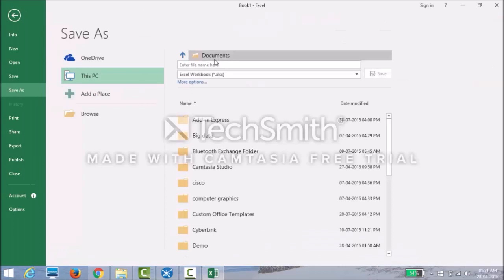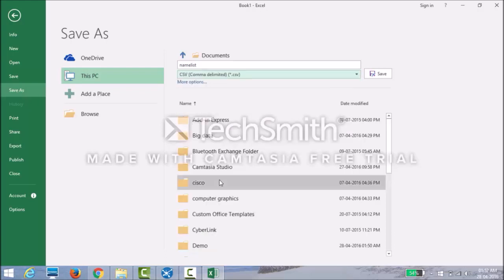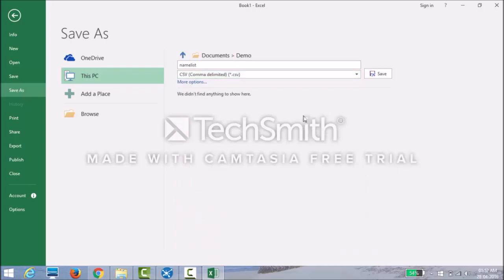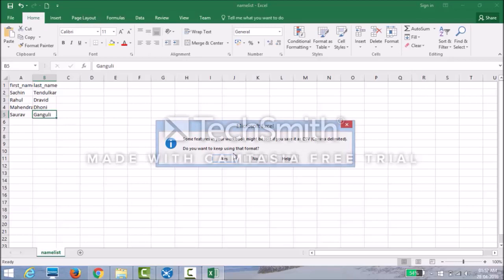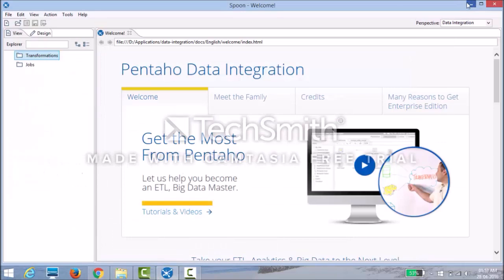Now I am storing the entries. Save as, select the destination and the file name. Save it as .csv file. Save. Now that you have your input file,